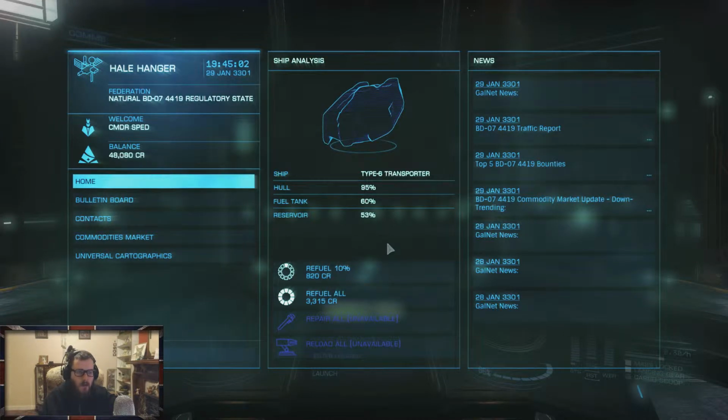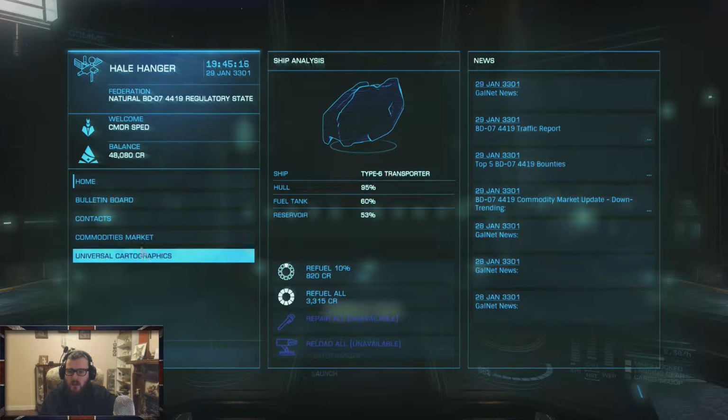If you're interested, it's called VoiceAttack. If you just type in Elite Dangerous voice commands in Google, you should find it. It's a free version, basically, of VoiceAttack, if you've heard of that. But yeah,